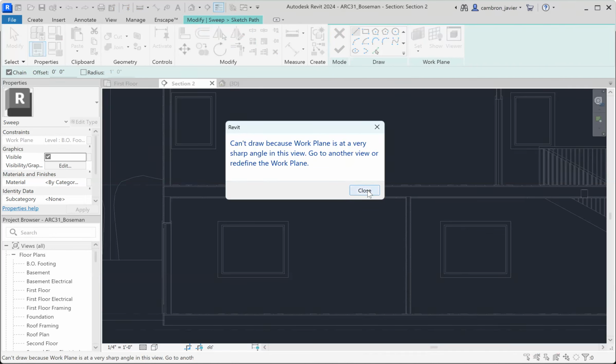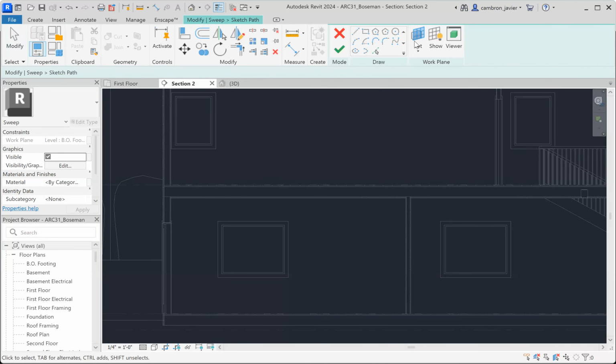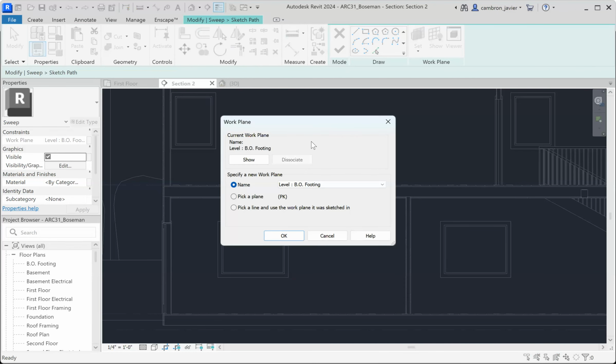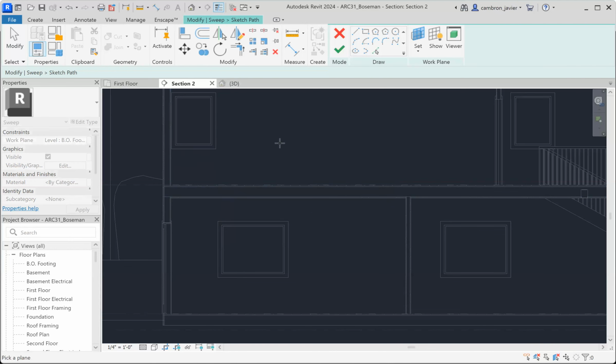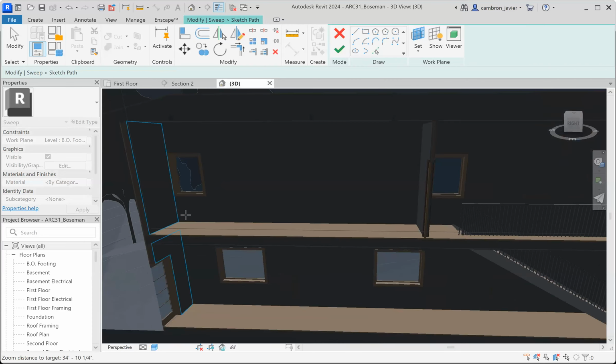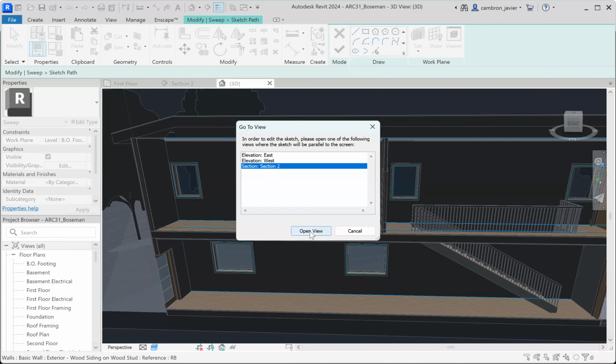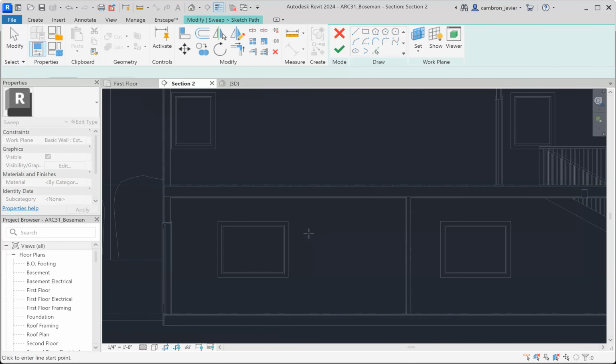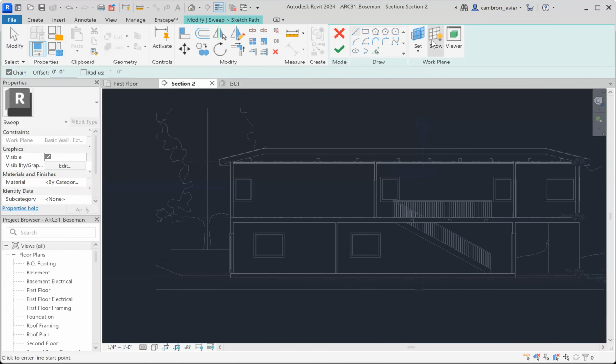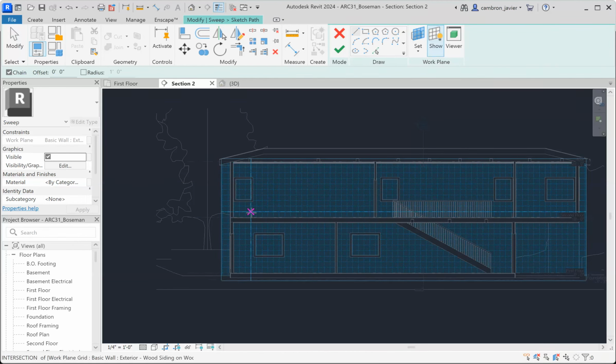Oh, I have to set my work plane. So I'll hit close. So let's go ahead and set our work plane. And from the previous tutorial, pick a plane. You'll note that it's really difficult to actually just click on it on a 2D drawing. So let's go to the 3D and let's make sure we click on the correct plane. That's the one, section 2. Let's make sure, let's click on show. There we go. That's how we know that we selected the correct